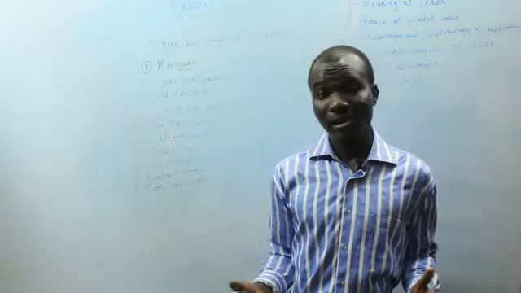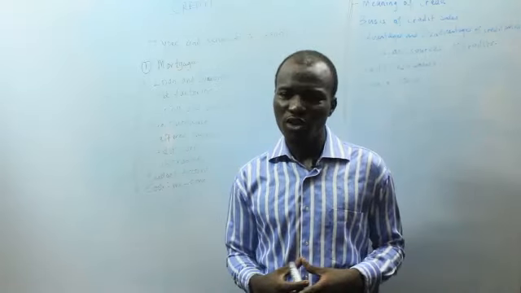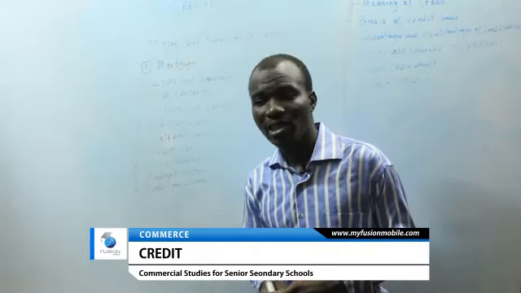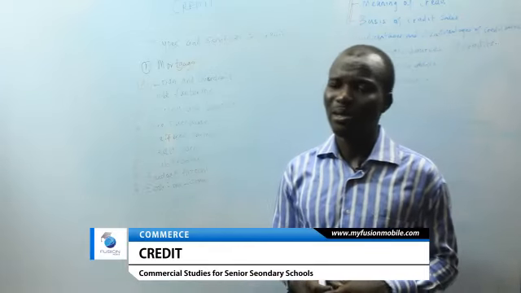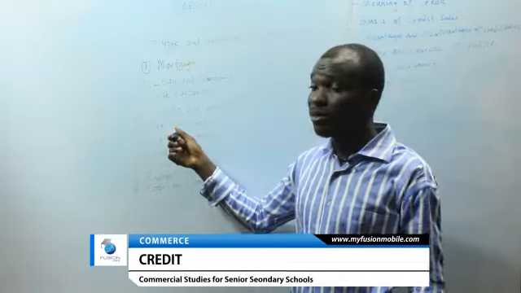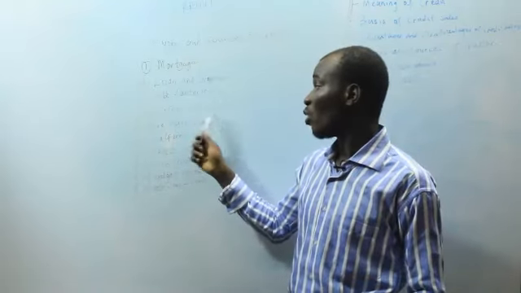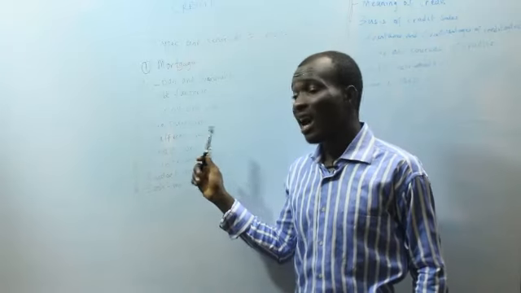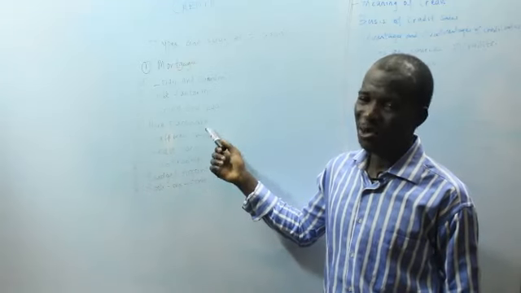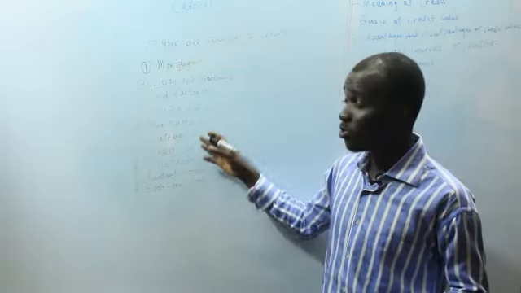So the buyer will continue having possession of the goods and also become the owner of the goods. You can claim ownership of the goods in this type of credit sale, so we refer to it as deferred payment. There are differences between hire purchase and deferred payment. The major difference is that in hire purchase, the hirer or buyer only has possession and not ownership, but in deferred payment, the buyer has both possession and ownership of the goods. Both deal with durable goods.